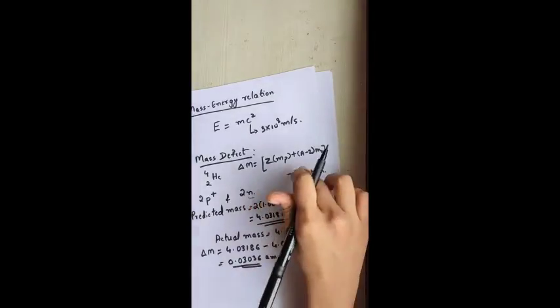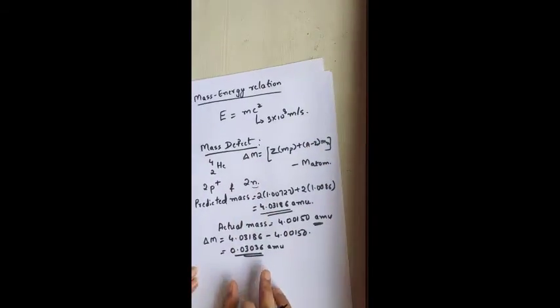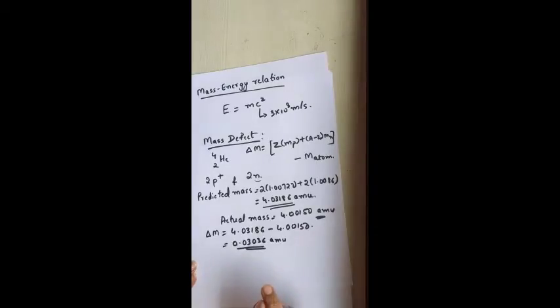You will get the same answer if you substitute it here also in the formula directly. So now this is my mass defect. So where does this mass go? This mass was converted into energy when the nucleus was formed. Now according to Einstein's mass energy relation, we have seen E equals mc square, right? So now here this mass has to be expressed in kg. M is expressed in kg there.